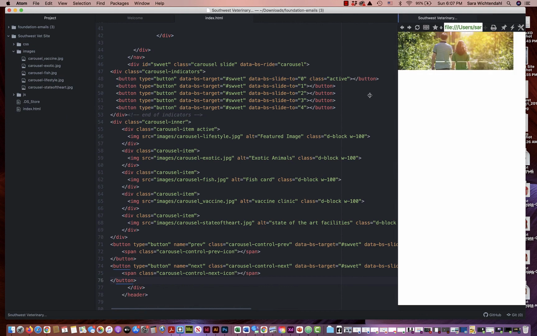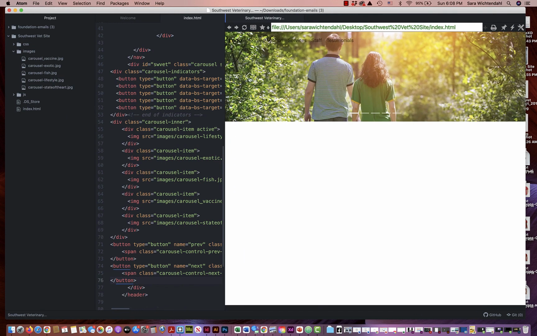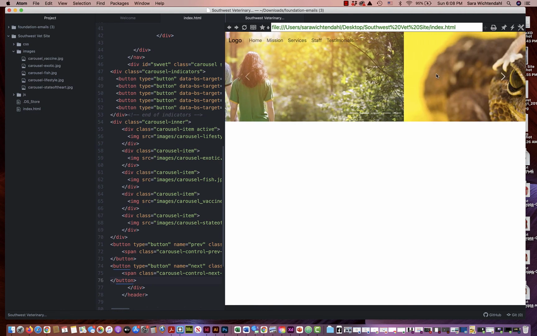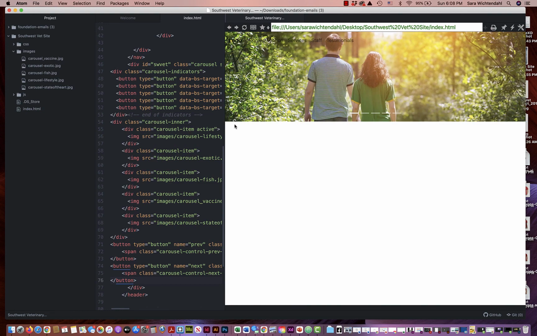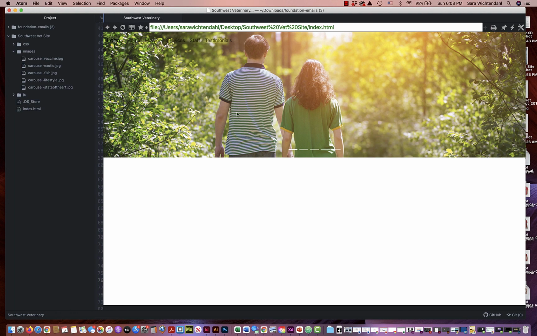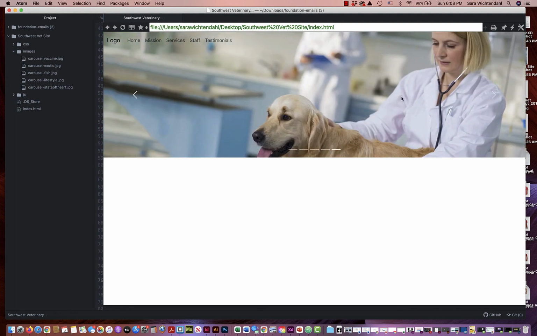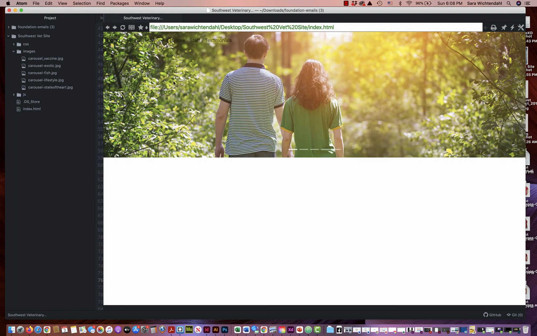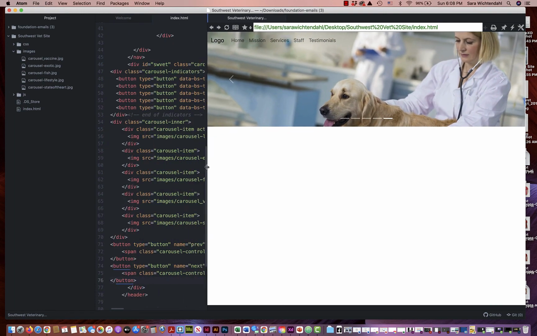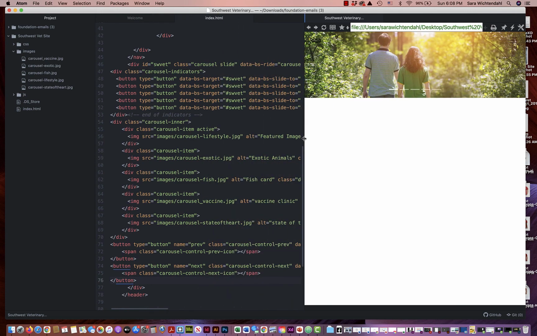I refresh in my browser here. And there I can see there are my icons popping in here. And that looks really nice. So make it a nice big window so you can actually see what's going on. There they are. That looks very, very nice. Cool. So double check that your carousel is working, your images are loading correctly, and that is the carousel for